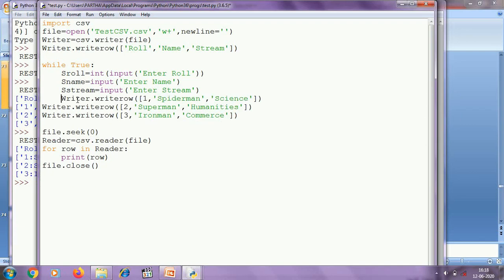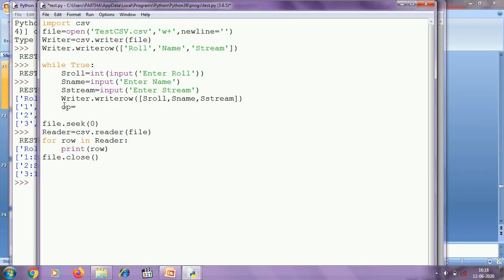After collecting them, using the writerow method I am writing this role, name and stream to the file.